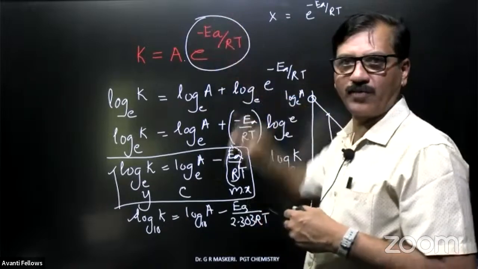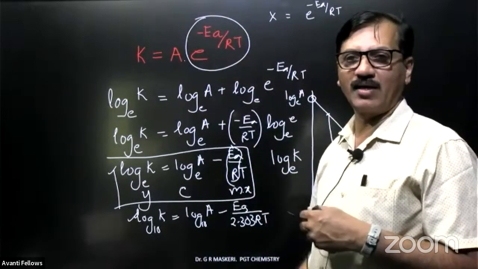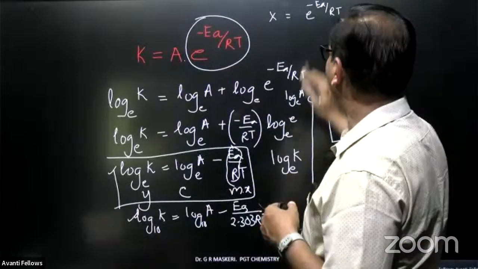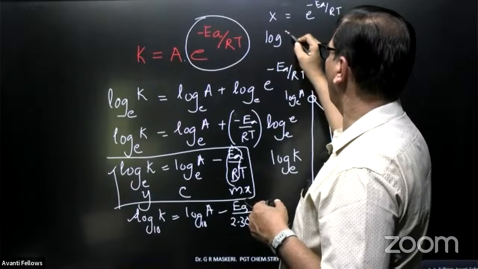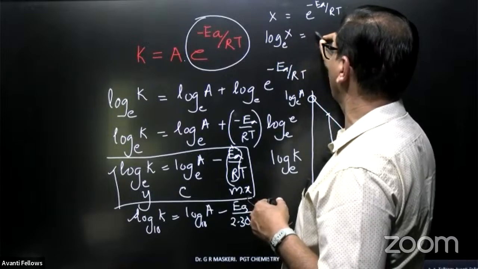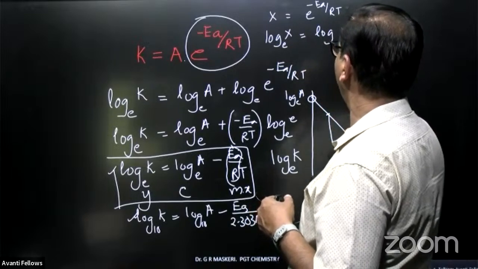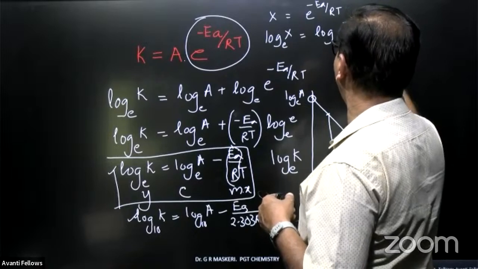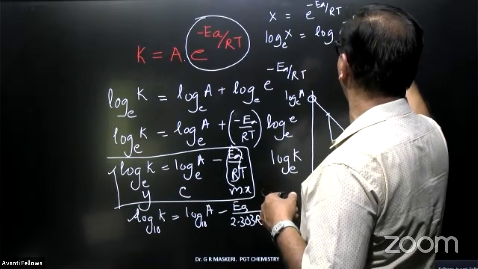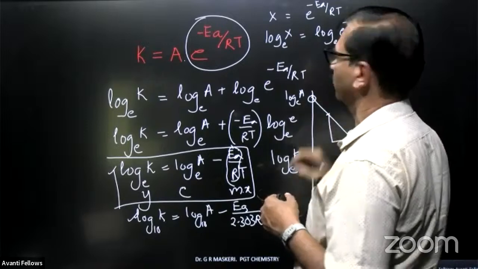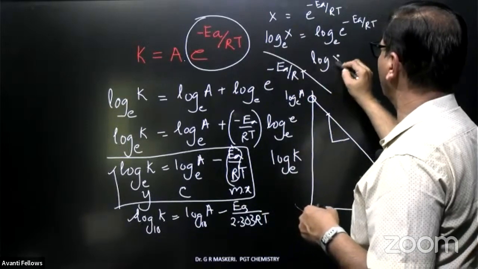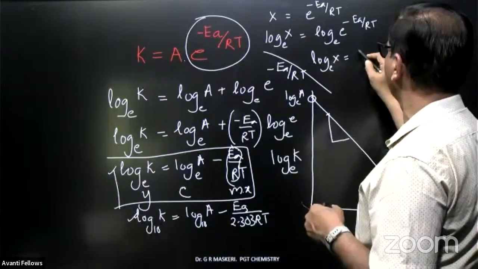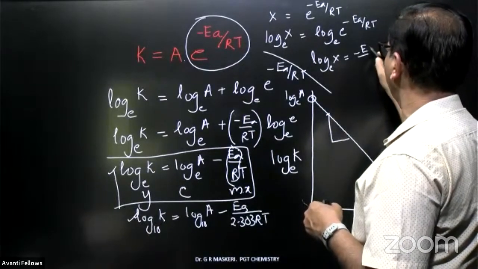If you want to find the fraction of molecules having more energy than activation energy, take the logarithm of x. Log of x to the base e is log of e to the power minus Ea by RT to the base e, so you will get log of x to the base e is equal to minus Ea by RT